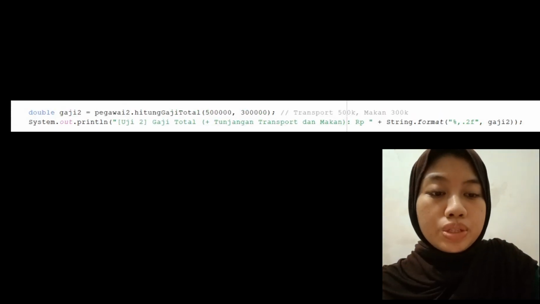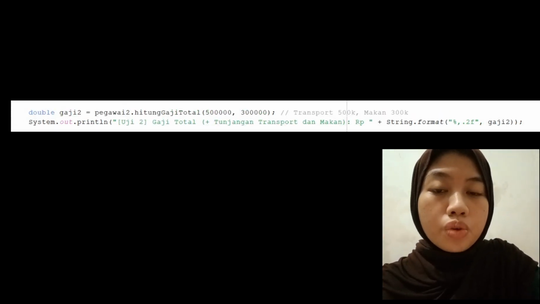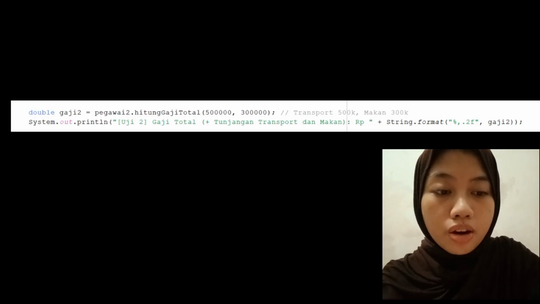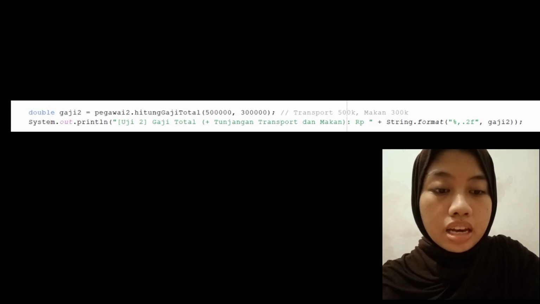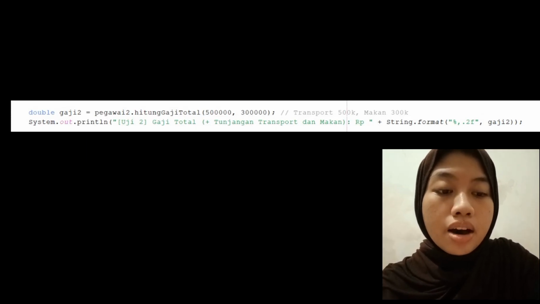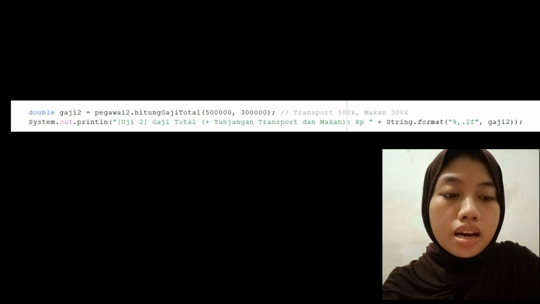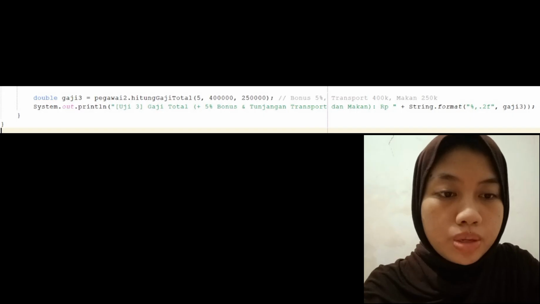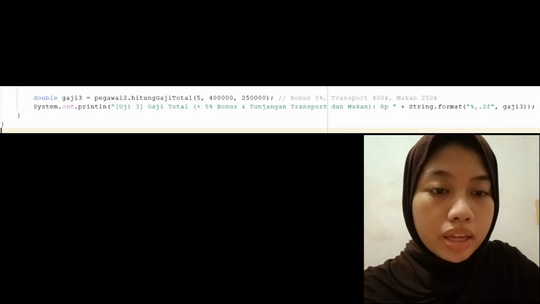And this is method test 1, with one parameter. This is the first test for method overloading. The line double gaji karyawan hitung gaji total calls the version of the method with one parameter, a 10% bonus. And next is method test 2 with 2 parameters.